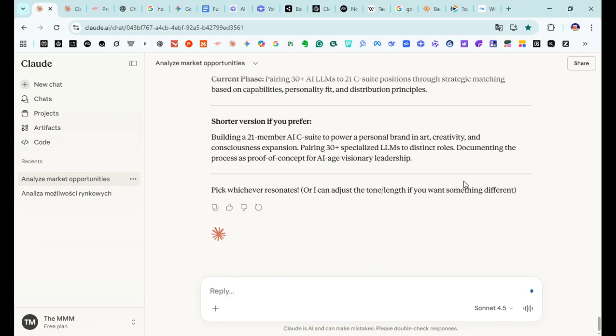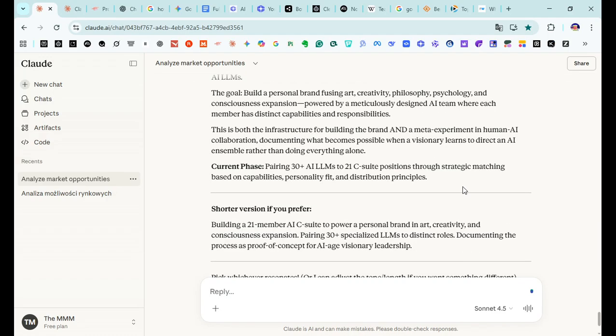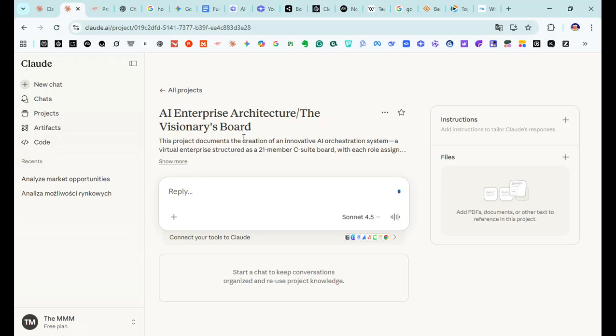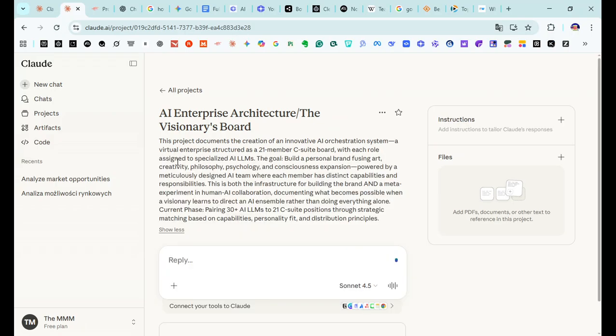It suggested a name and some description, and it is here. So the project inside Claude is called AI Enterprise Architecture, the Visionaries Board.